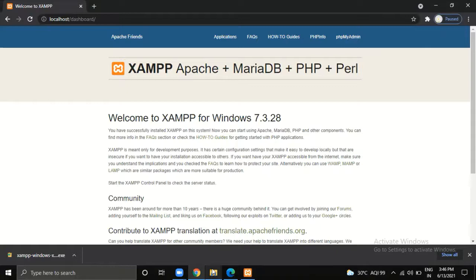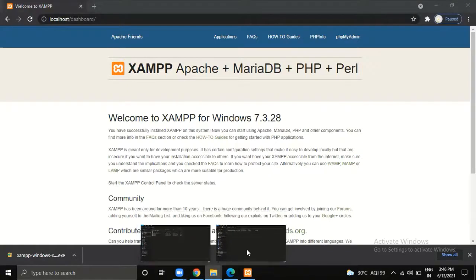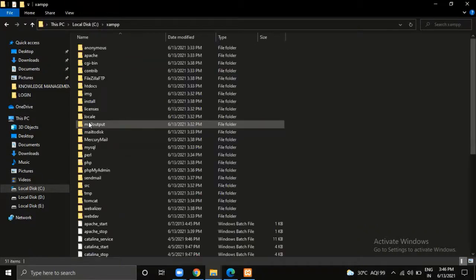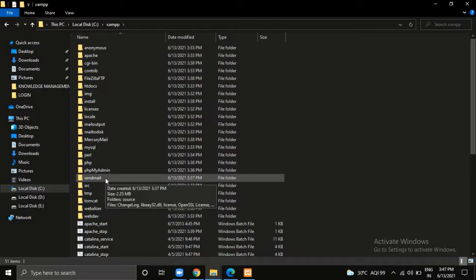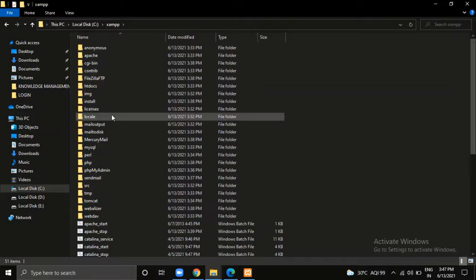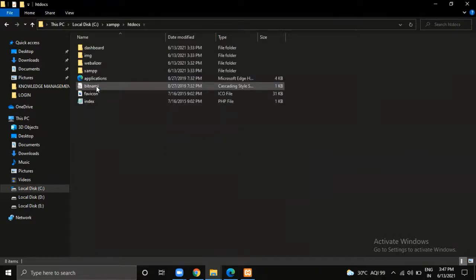Now let's check how the hierarchy is followed in your machine. You can check in C drive the installation has created this XAMPP folder. Inside it you have multiple folders created depending upon the options we selected during installation. As per our syllabus, we will be mostly dealing with this htdocs folder. Here we will create our own project folder, and then we'll start our coding.